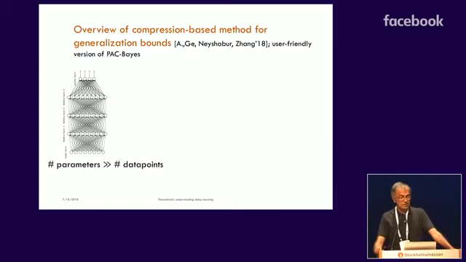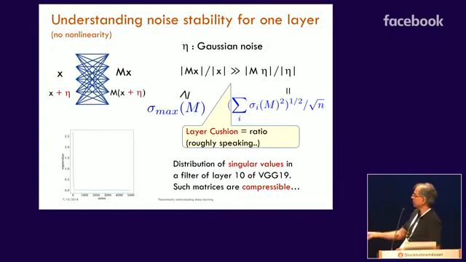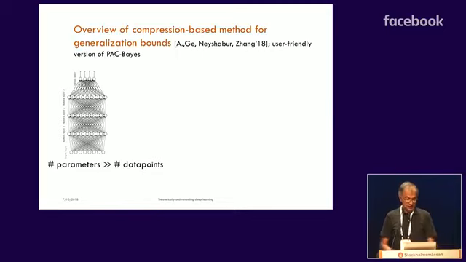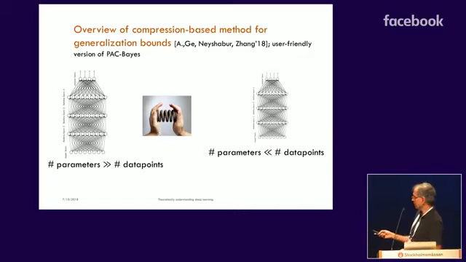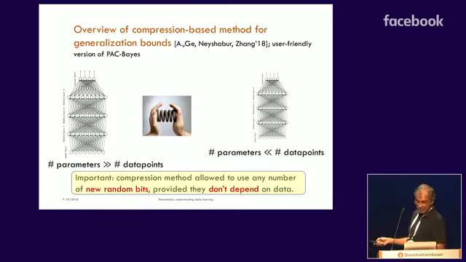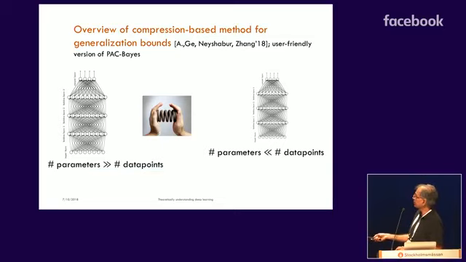And so now what our method does is compression based on this. So now a naive compression for such matrices, which have a concentration of singular values, is to just discard the lower order singular values. Okay, that's not a good idea in this case. So instead what we do is some other kind of compression, and at the end the number of parameters in this matrix goes down a lot, and the training error hasn't changed. And so now this smaller network has the same training error, and a very small number of parameters compared to the number of data points, and then this should generalize. So that's the theory.